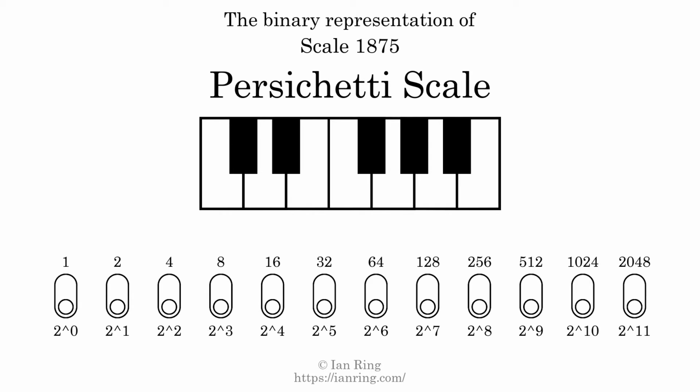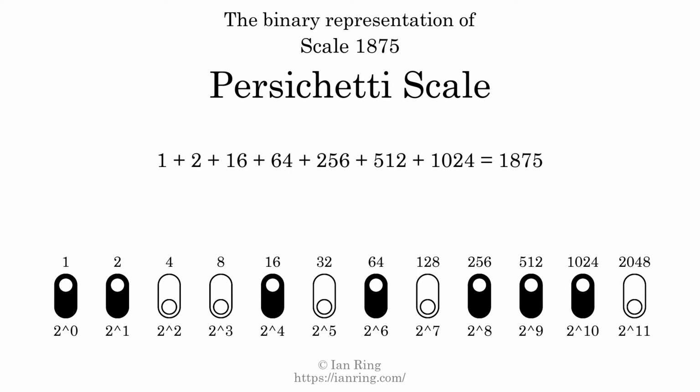The binary representation of this scale is determined by mapping tones of the scale to binary digits. Each binary digit represents a power of 2. To get the scale number, we add the powers of 2 together. The powers of 2 that are present in the scale, all added together, equals 1875. That is why the scale number, in decimal, is 1875. The scale number not only enumerates the scale with a unique index, but it also literally describes the tonal content of the scale. Represented as a binary number in base 2, the scale number is